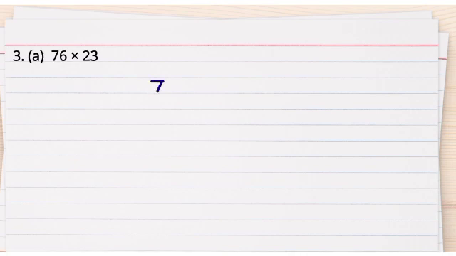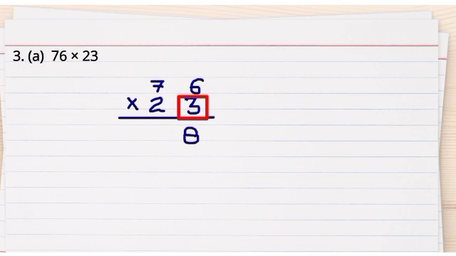You want to multiply 76 by 23. Multiply them. First of all, the digit at ones place is 3 in the multiplier. So multiply by 3, right? 3 6s are 18. Now you are getting a two-digit number. 18 is a two-digit number, right? So you will write the one digit which is at ones place here and you will carry forward this 1. You will carry forward this 1, right? Now 3 7s are 21 plus this carry 21 plus 1 22.